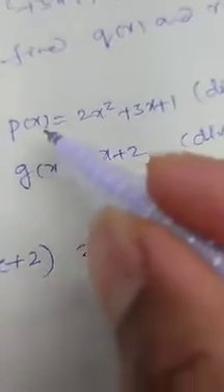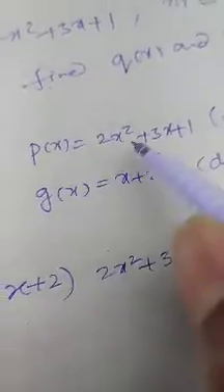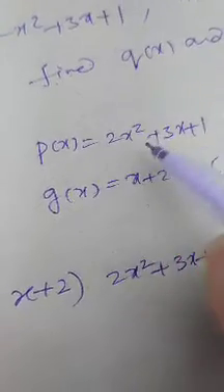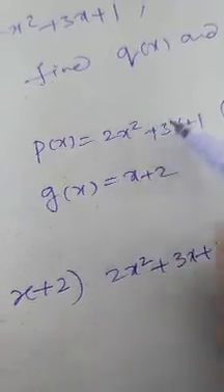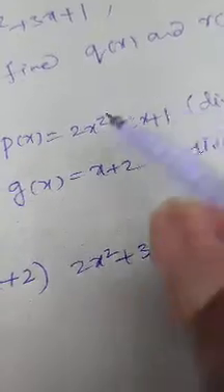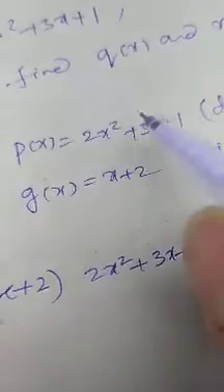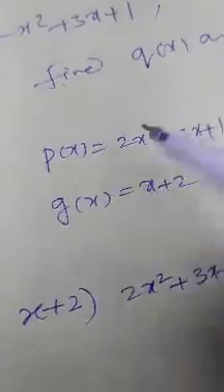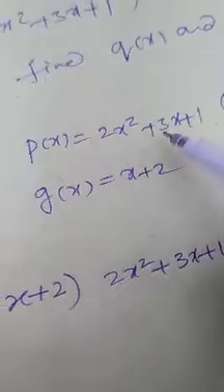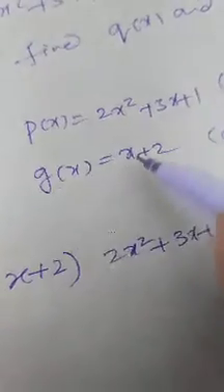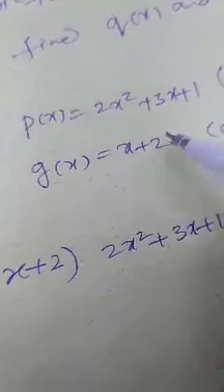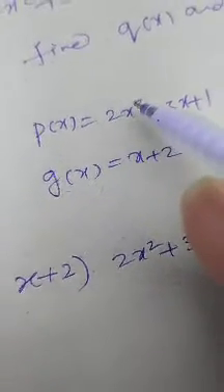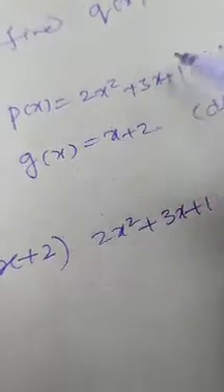before taking p of x, g of x, you arrange the given polynomial in descending order of x powers. That means here x power 2, next x power 1, next x power 0. So it is arranged in descending order. It may be in a zigzag way, so you have to convert it into descending order. You have to write g of x also in order: x degree is 1 here, and x degree is 0 here. So it is in descending order. The x powers alone should be in descending order.